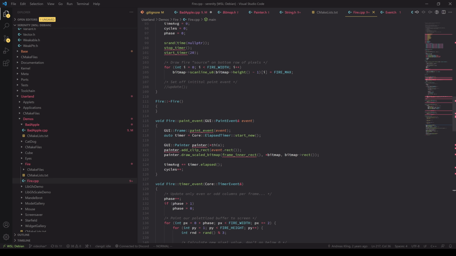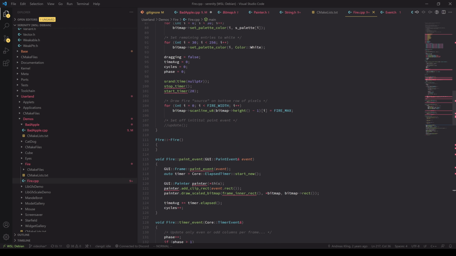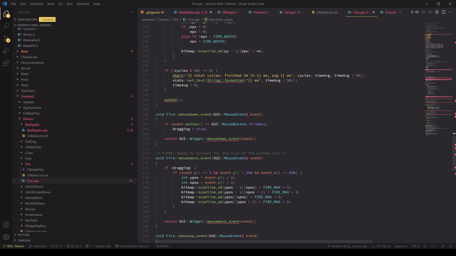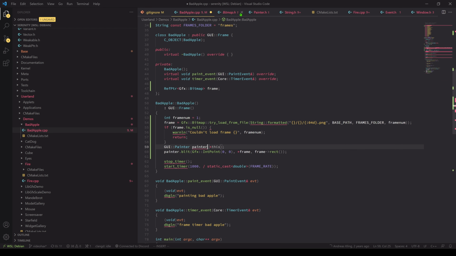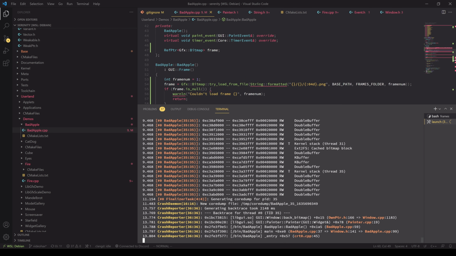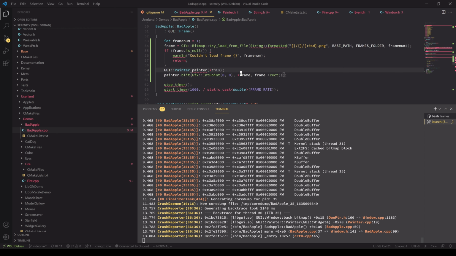Probably just the internal whatever bitmap. Just doing whatever. Let's see. Painter.blit. Is it crashing at painter.blit or is it already crashing at the construct? I think it's crashing at the construct,